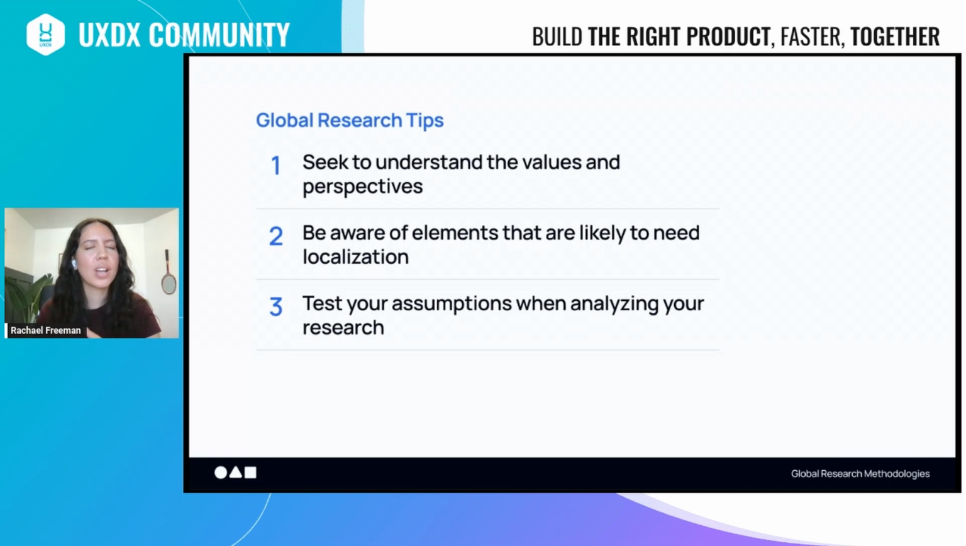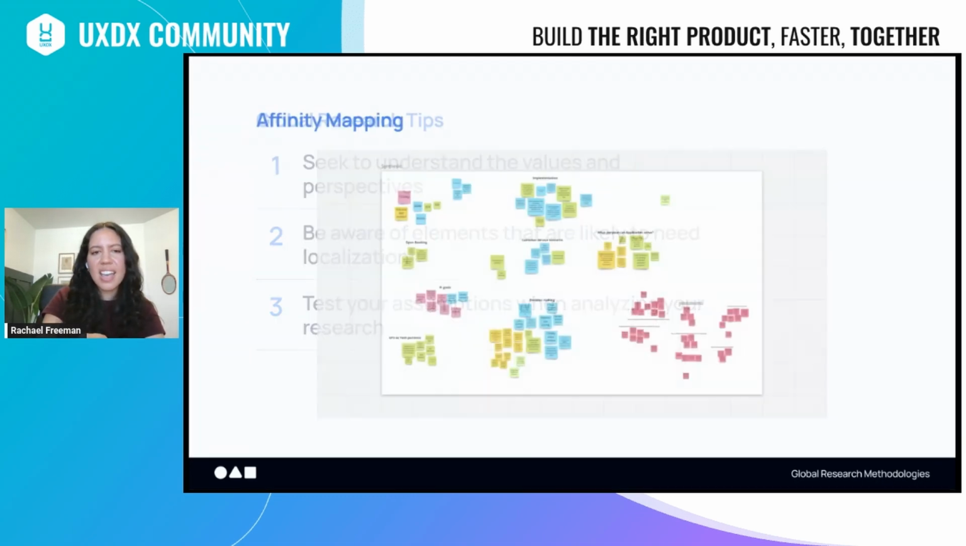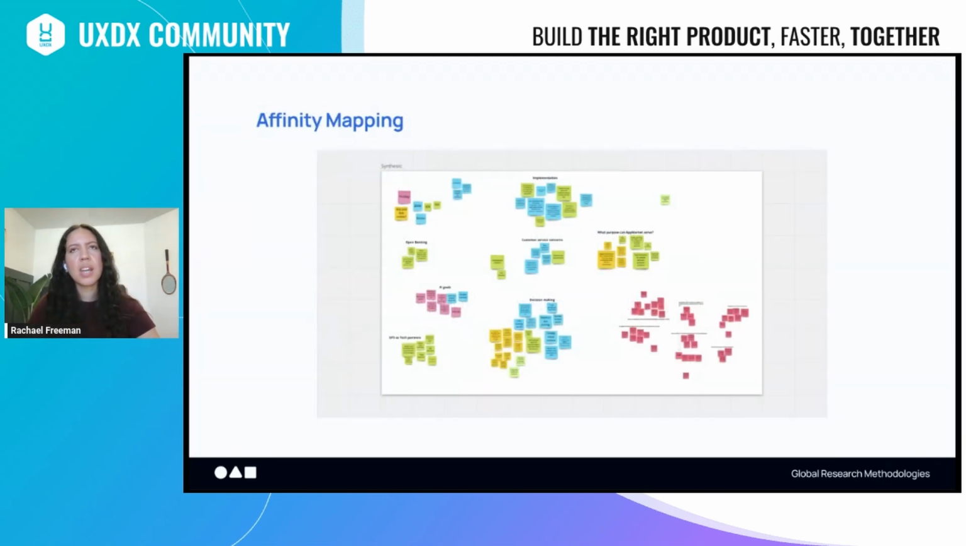So it's even more important to test your assumptions. An example that I've experienced when I worked on some global research around the world, early in my career, we had affinity mapping as a tool that we used to understand different values. So we had focus groups in different countries, and they were asked to respond to a few different prompts with